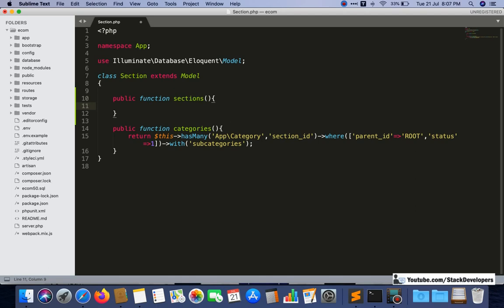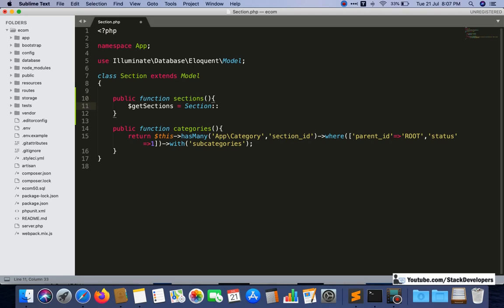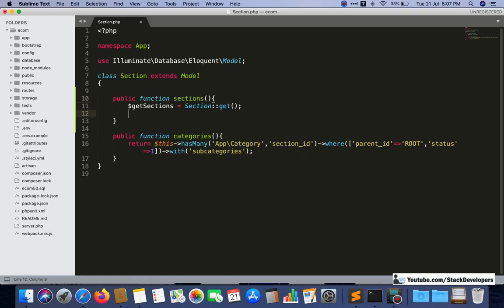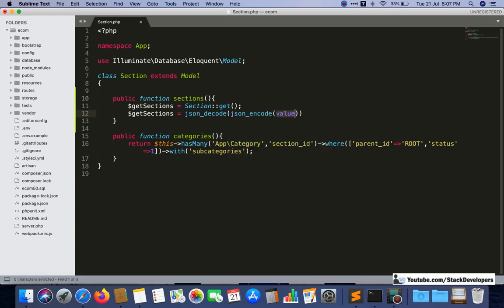Okay, so this is the function I am going to make, to get all the sections. I am going to call it get sections, and under this one I am going to get all the sections. First of all, I will get all the sections, whether enabled or disabled. I am going to give that condition later on, but right now I am getting everything, and I am going to convert it to an array, because we are going to use arrays most of the time now, since we require some array functions in future. So everything we will convert to an array.